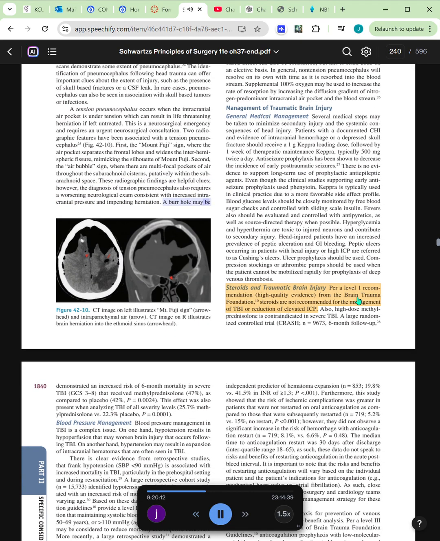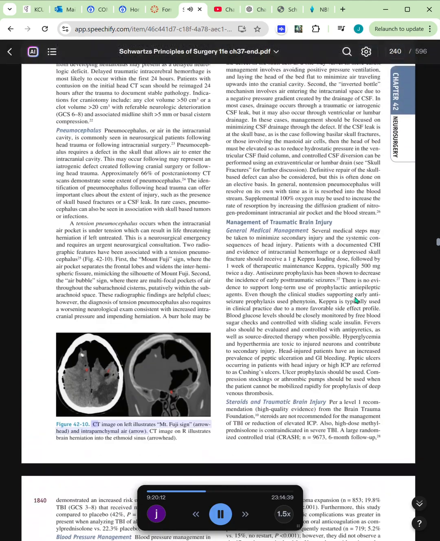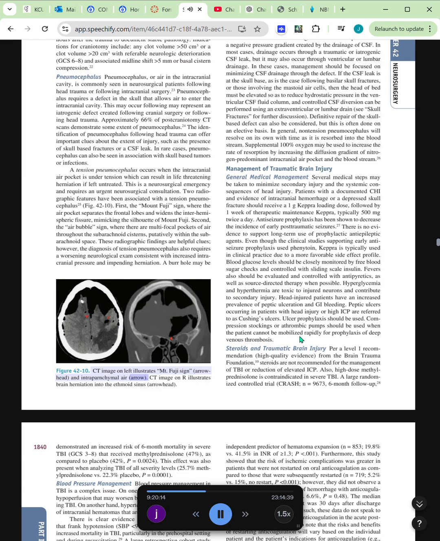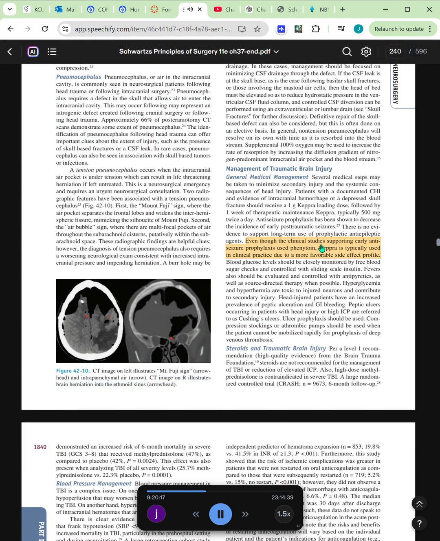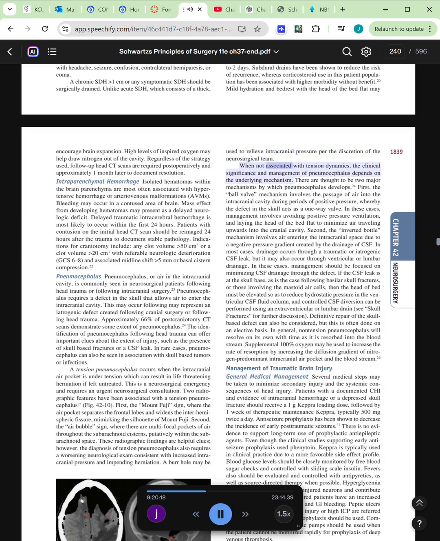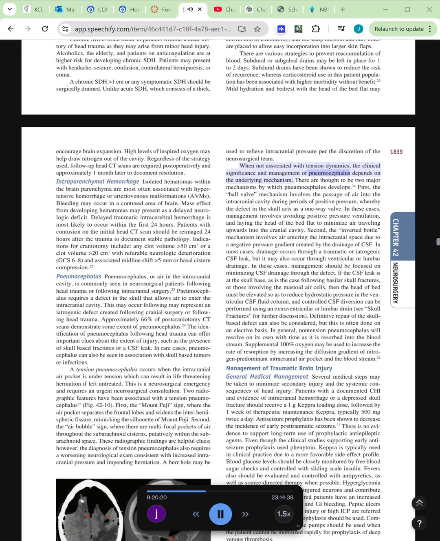A burr hole may be used to relieve intracranial pressure per the discretion of the neurosurgical team. Figure 42-10. CT image on left illustrates Fuji sign, arrowhead, and intraparenchymal air, arrow. CT image on right illustrates brain herniation into the ethmoid sinus, arrowhead. When not associated with tension dynamics, the clinical significance and management of pneumocephalus depends on the